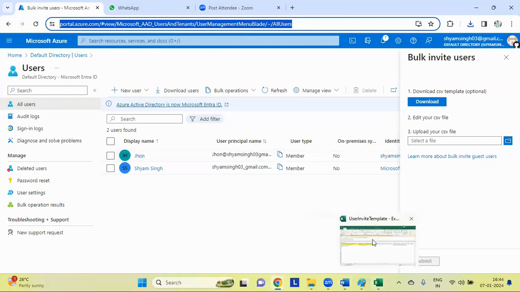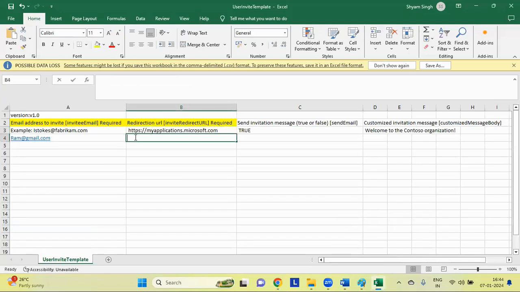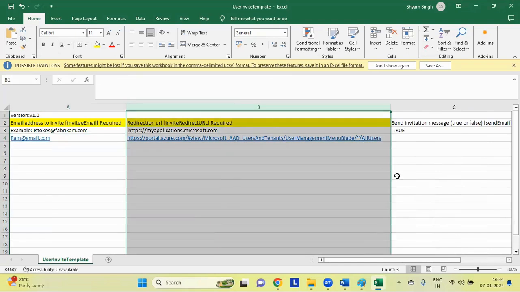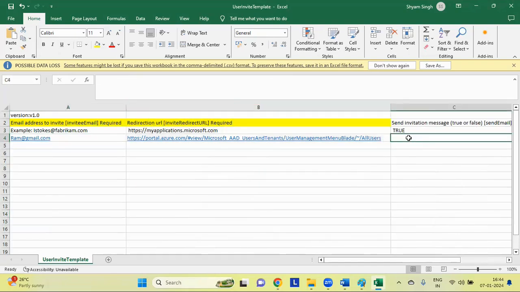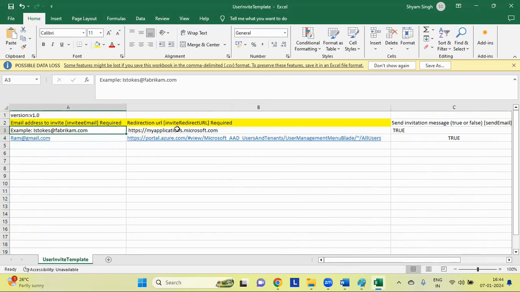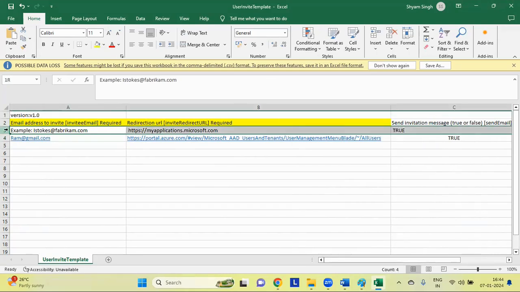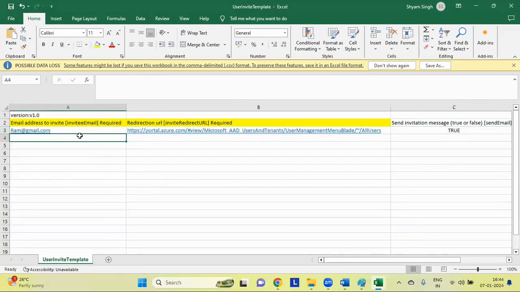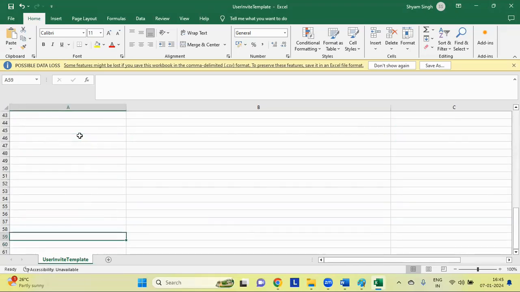Whatever else you want to add, you can, but it is not mandatory. Only column 1 and 2 are mandatory, and you can delete this because that was the example. Meanwhile, you can add n number of people at a time, whether 100, 200, like that.